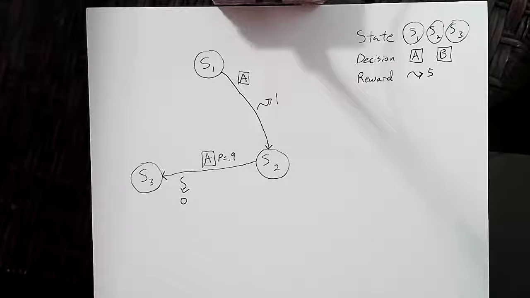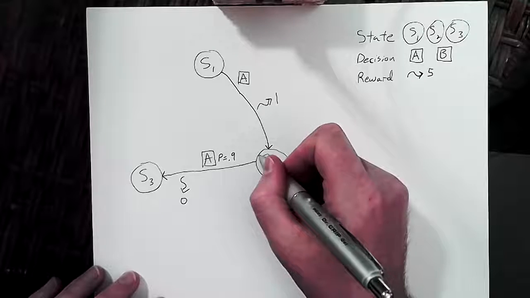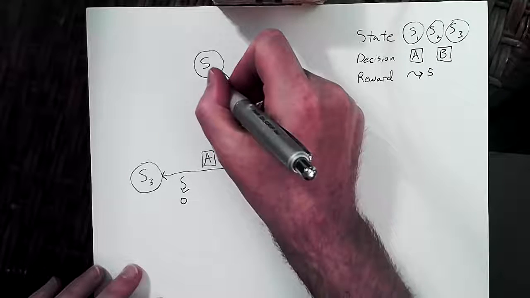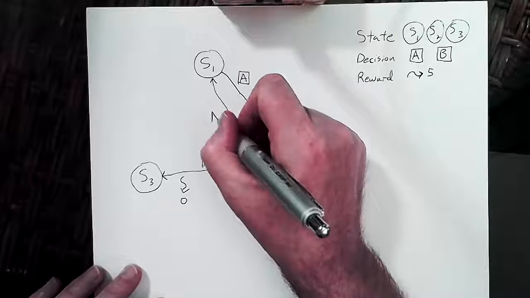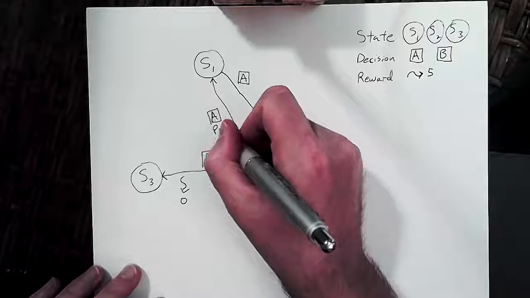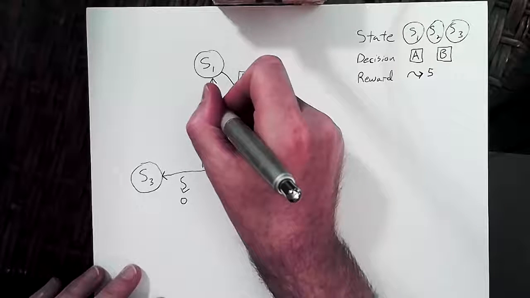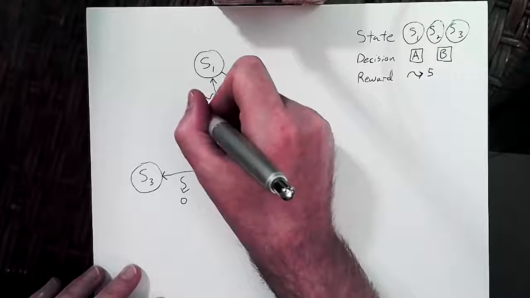So you remember that probabilities have to add up to 1? Mm-hmm. So there's a 0.1 missing. So you make decision A, and what happens in real life is you make a decision thinking, oh, I know this decision will lead me there, but a certain fraction of the time it doesn't, it leads you somewhere else entirely. So we have to deal with the other 0.1, and let's say the other possibility, if you make decision A out of here, takes you back to state 1, and so the probability of that, if I want to complete it, has to be 0.1. But let's say it has a negative reward, -2.